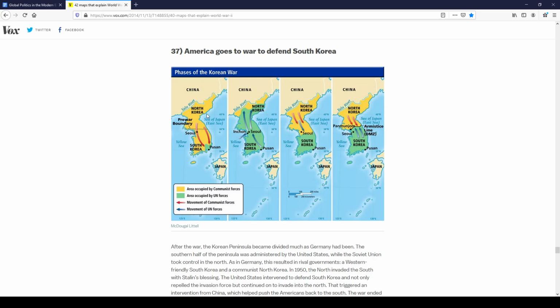This leftmost panel is the initial invasion. And you can see that Northern forces initially almost push South Korean and other forces into the sea. There's just this one little pocket left in the southeast corner that holds out. Then, well, I should say before the second panel happens here,